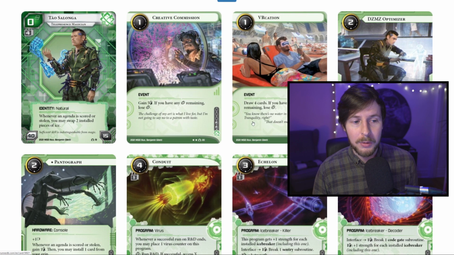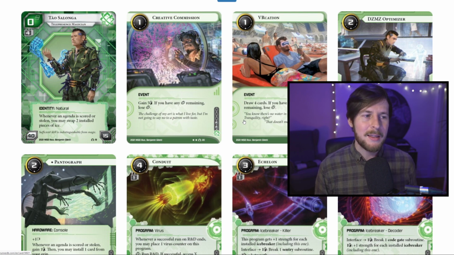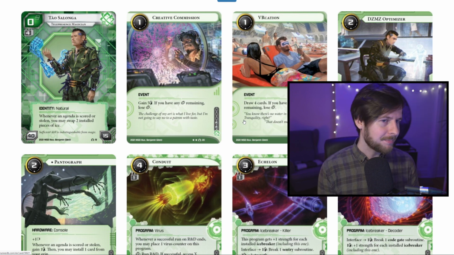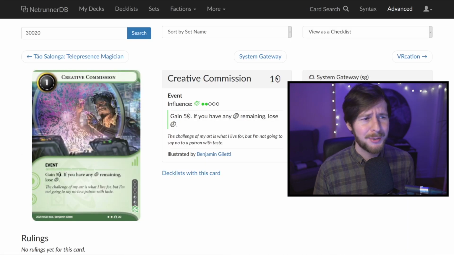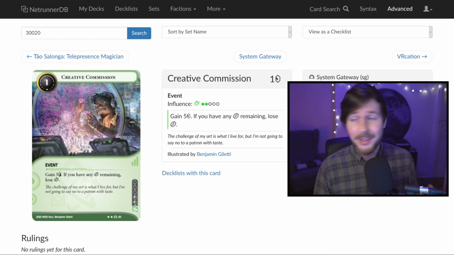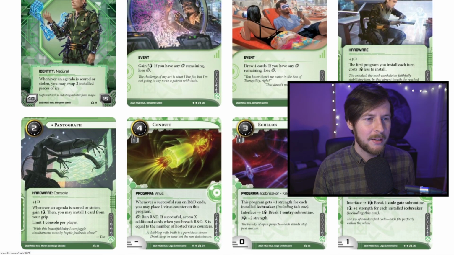I think it's really cool how the designers at Nisei went away from this wild, explosive creativity and it looks like they lean more into Shaper for thoughtfulness. The idea that the Shapers are planning their turns, which mind you is just a good thing to do in Netrunner anyway. I like that these cards encourage you to plan your turns out and again, hit all those little mini objectives. On top of it, we talked about this before, but cards like Creative Commission, even to some extent Telework Contract, but mostly Creative Commission, representing clean, simple economy, similar to what Anarch and Criminal have had for such a long time now, and I guess Neutral as well,